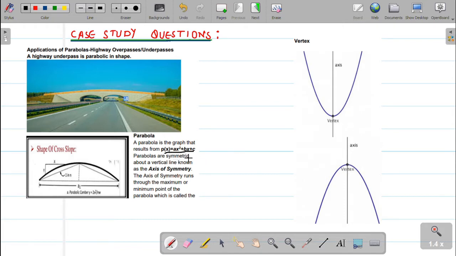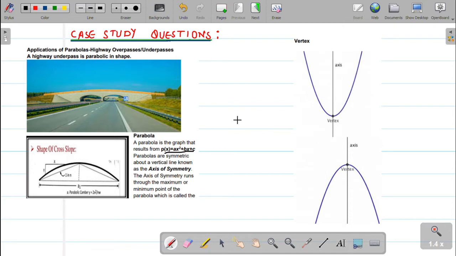Depending upon the values of a, b, c, the shapes are different, but any shape like this one is known as a parabola, which is called a concave up parabola, and this one is known as a concave down parabola. For this year, you just need to know that the minimum point or the maximum point of the parabola, through the center, is known as the vertex, and the line about which the parabola is symmetric is known as the axis of the parabola.